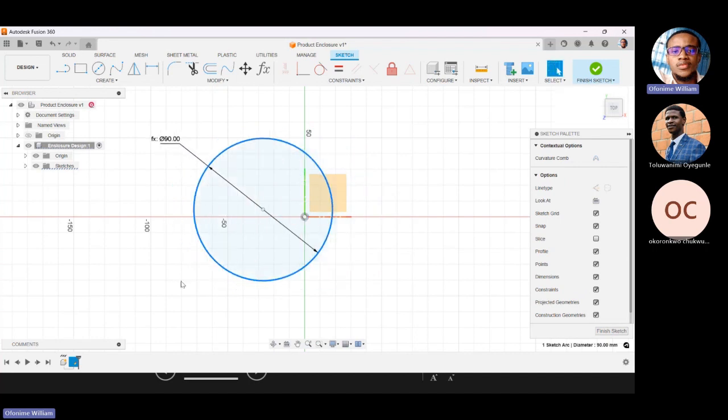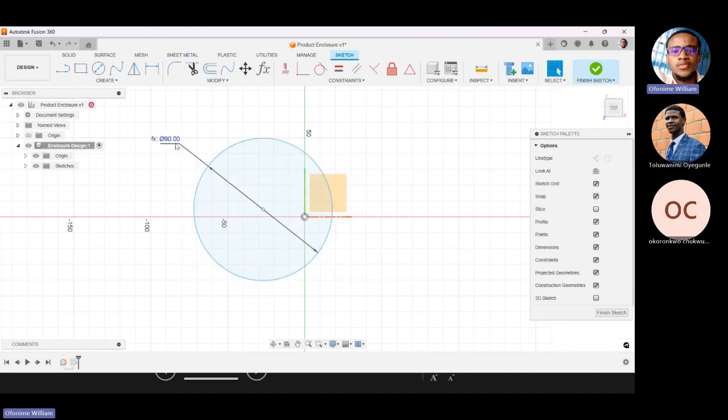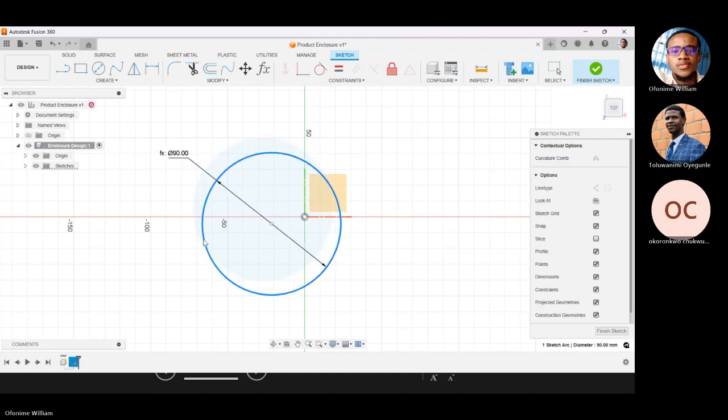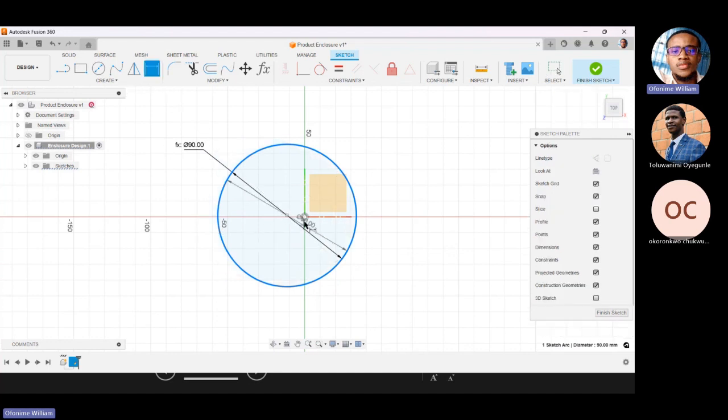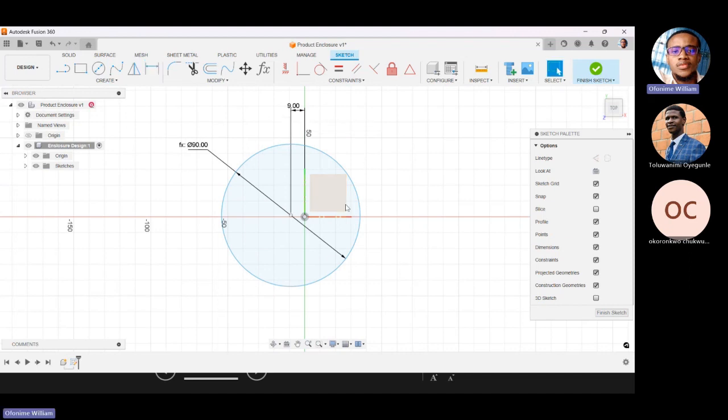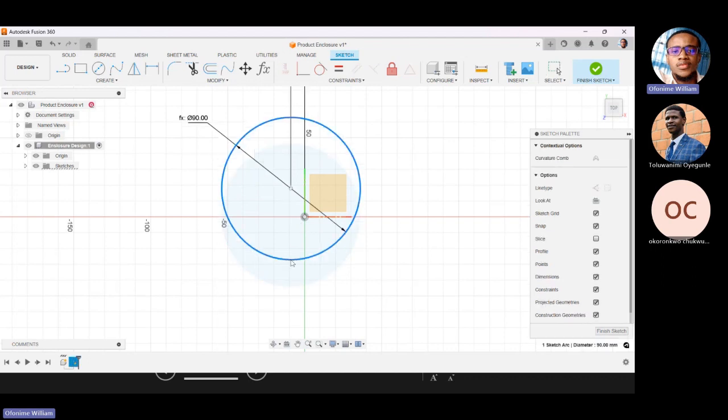It is a bit constrained because it has true size. That's the diameter now. But it's not totally constrained, right? So for instance, if I pick up a dimension and say, distance between this center and the center of my circle, and then I pull this out and put a value, let's say maybe 9. Can you see it's also constrained, but it's still not totally constrained because this circle can move in this